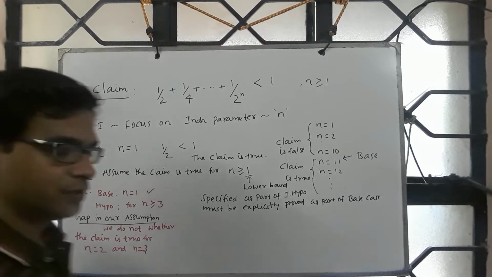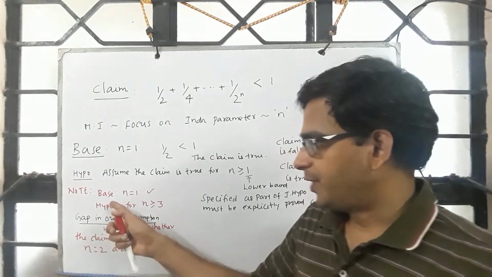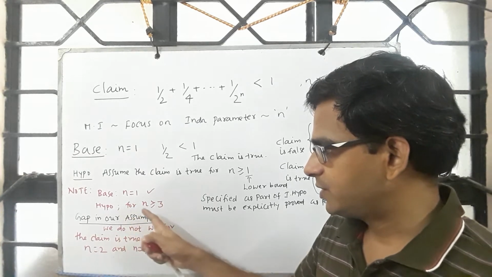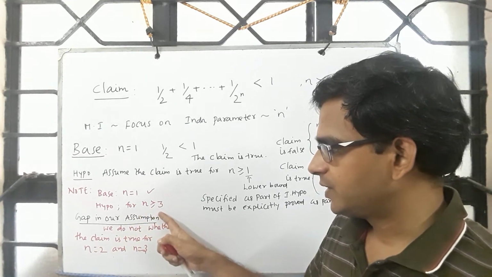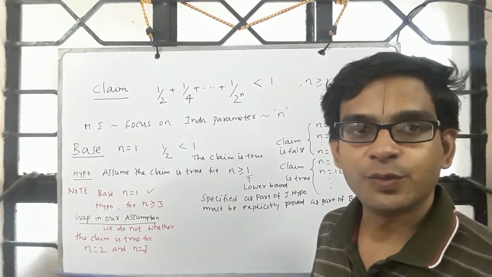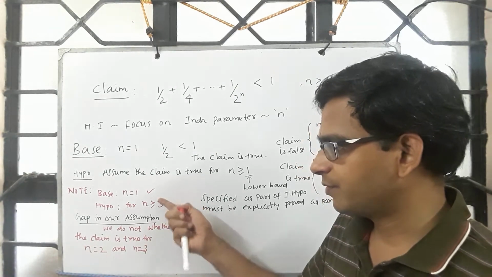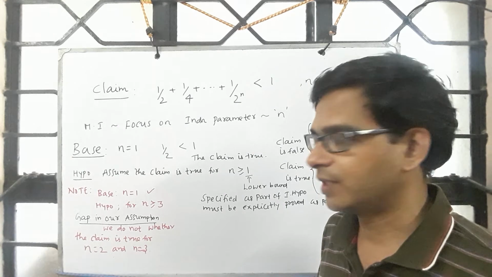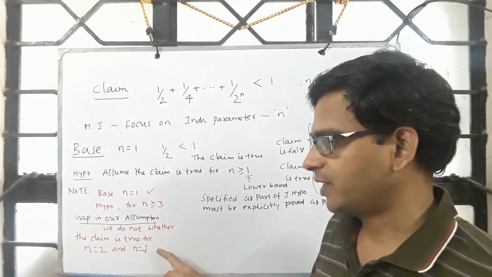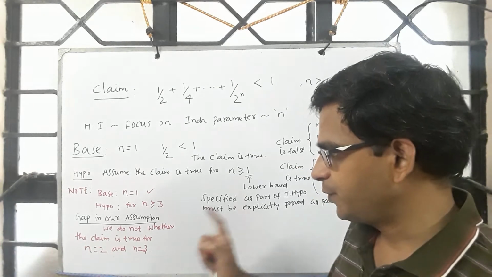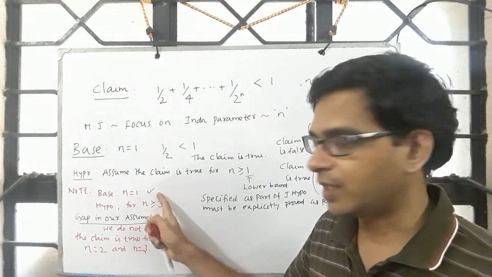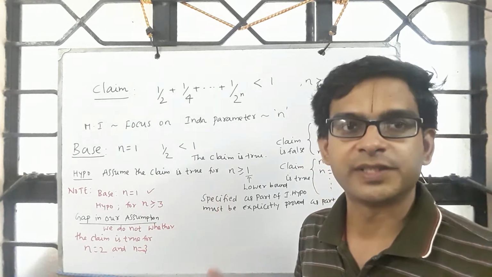Fine. So the inductive base case says for n equal to 1 the claim is true. Then in the hypothesis, we say assume the claim is true starting from 3 onwards. But the base case does not talk about 2 and 3, or rather we don't see a proof for 2 and 3 as part of our procedure. So there is a gap in our assumption. We do not know whether the claim is true for n equal to 2 and 3. So if you say it starts from 3, we should have given proof for n equal to 3 as part of the base case.